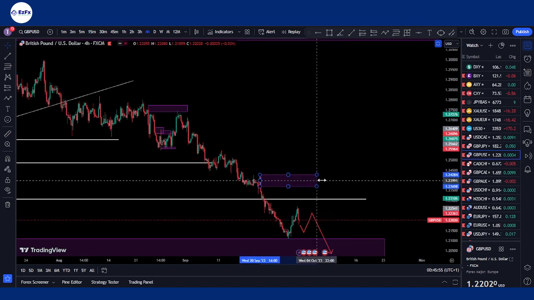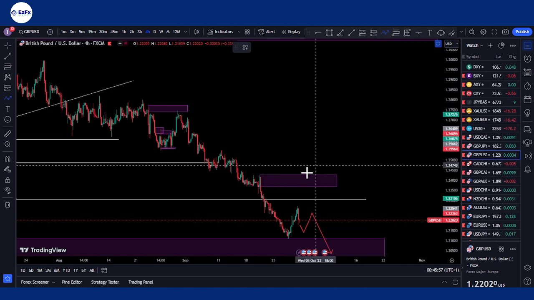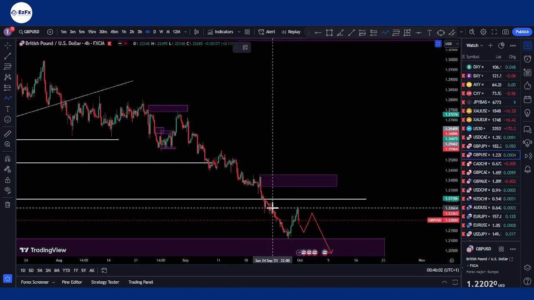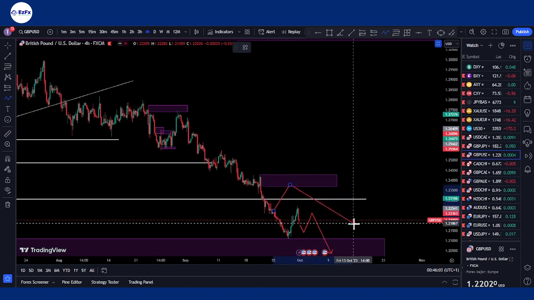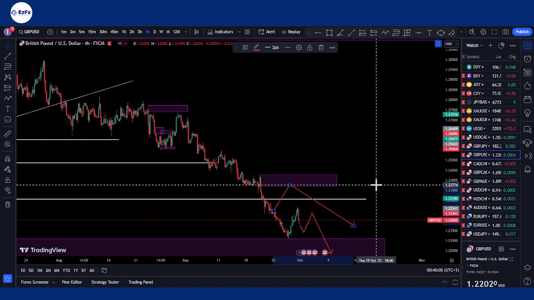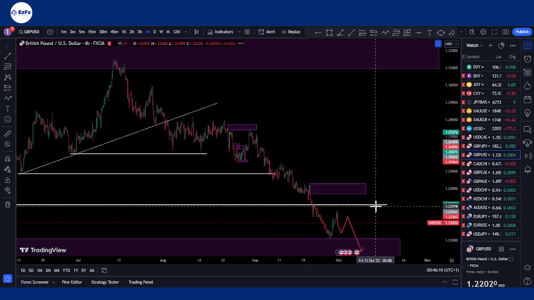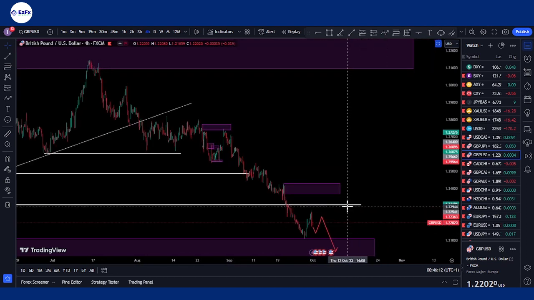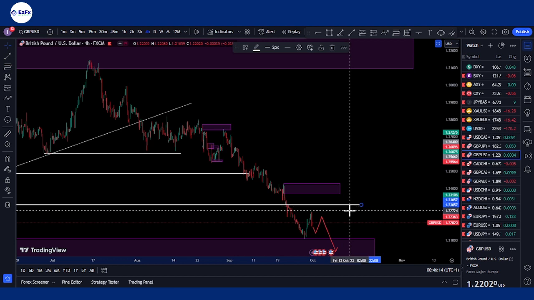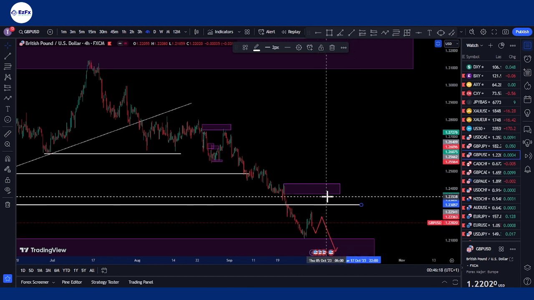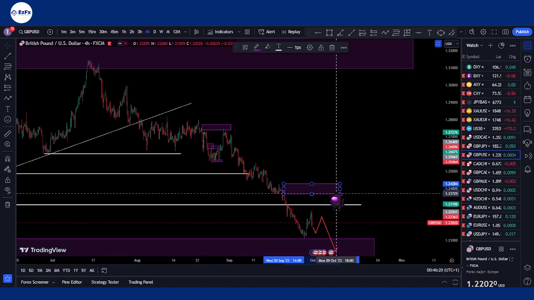All right, I think as of last week, my plan, my bias rather, was for us to have a short buy into the zone, and then we get to see that sell off. However, we've not been able to get that to happen. If we do get price, maybe during the course of the week, breaking above the support, which is around 1.23057, then very surely we might just get price getting into this zone,